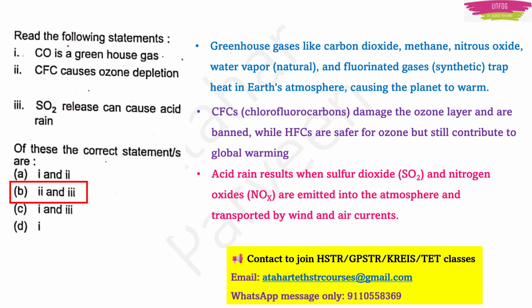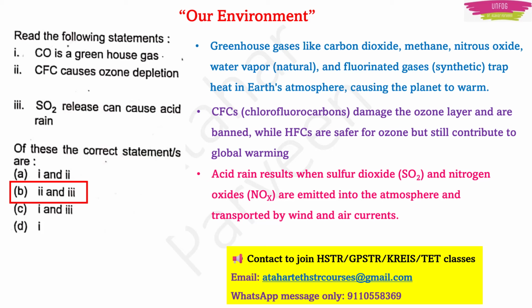So now you have ultimately reached the solution to this question. Also, you know more about greenhouse gases, chlorofluorocarbons, and acid rain now, right? Also find out that this question is from the chapter Our Environment. See, actually this is a very general type of question. This can also fall into ecology. So now you have to go to this chapter, maybe from the NCERT book, or if you are our paid class student, then go for that particular chapter, watch classes, read notes, and practice the worksheets which we have given to you. Okay. So this is one way of preparing using previous year questions.